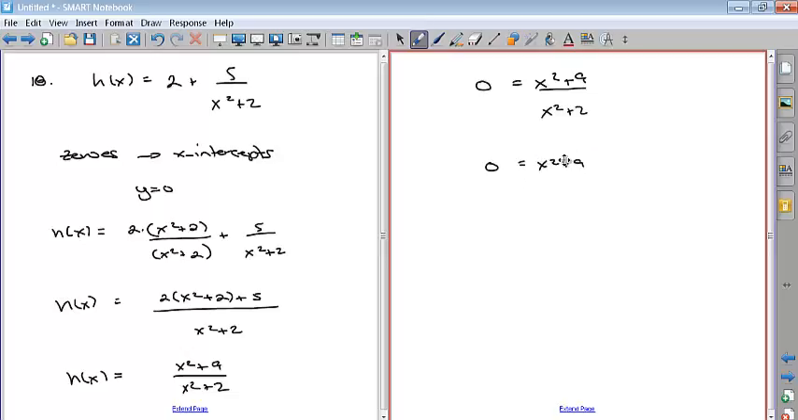Now the problem here is that if you wanted to factor this, you can't factor it except with imaginary numbers. If I put x squared on the left-hand side and put the 9 on the other side, it becomes negative 9. And so you get x is equal to plus or minus the square root of negative 9, which would be plus or minus 3i. Those are not real zeros, so actually there are no zeros for this function. There are also no intercepts because the denominator